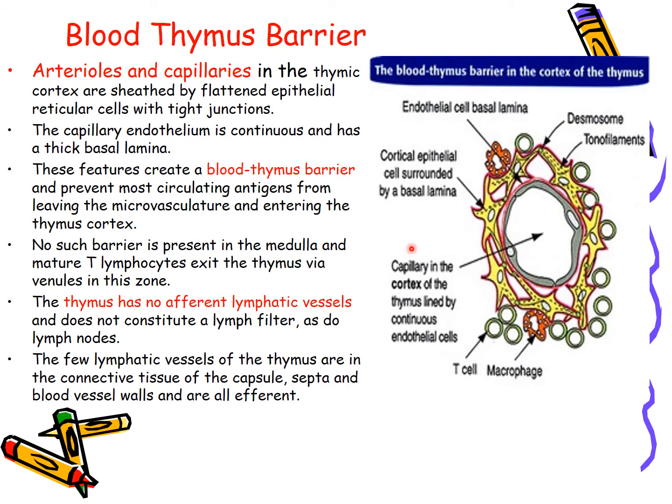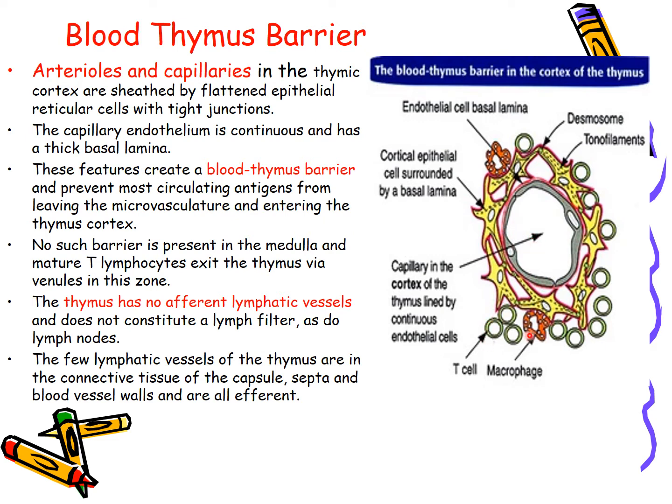Now, this is showing you the blood thymus barrier. This is a capillary lined by the continuous endothelium, and it is surrounded by these epithelial cells which are joined together by the desmosome junctions. Now, this feature creates a blood thymus barrier, and it prevents most circulating antigens from leaving this microvasculature and entering the thymus